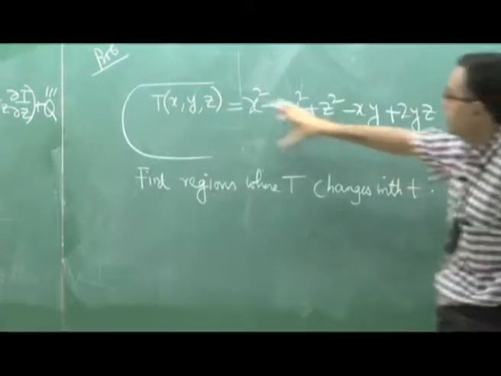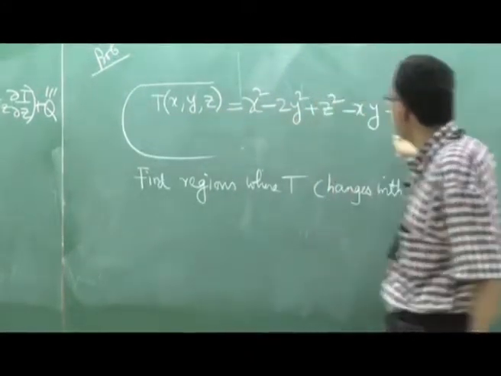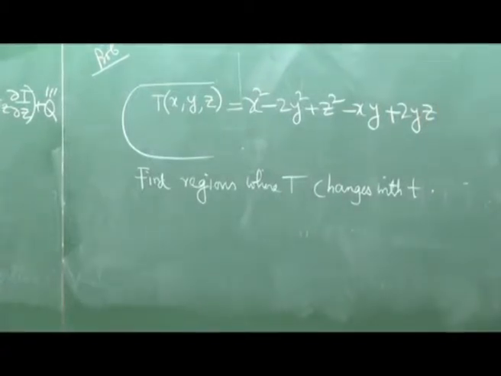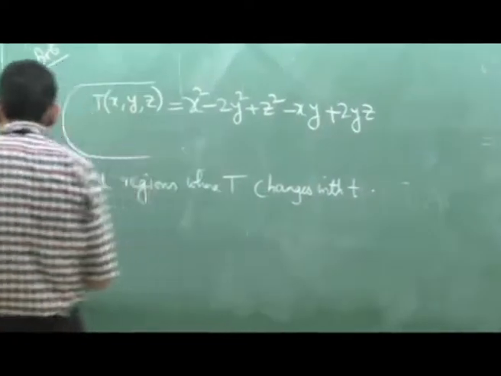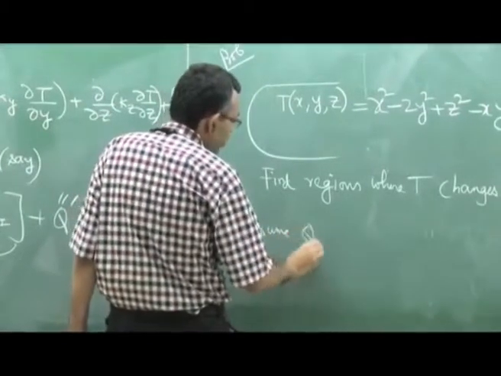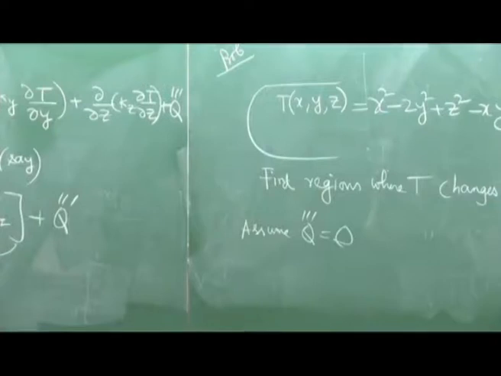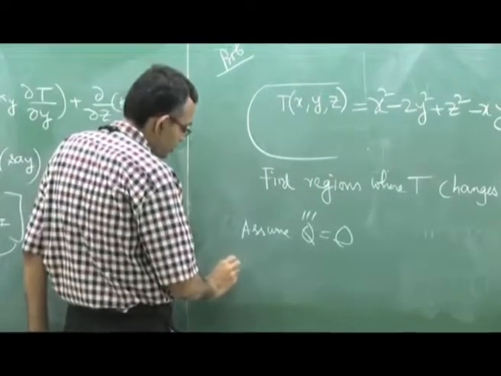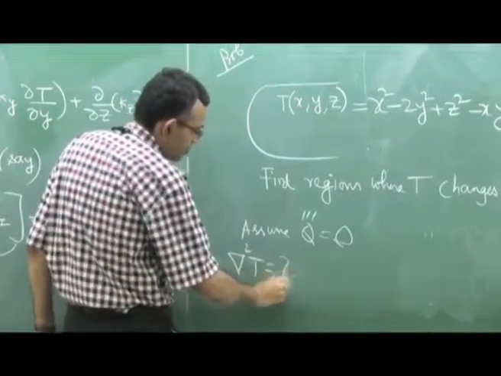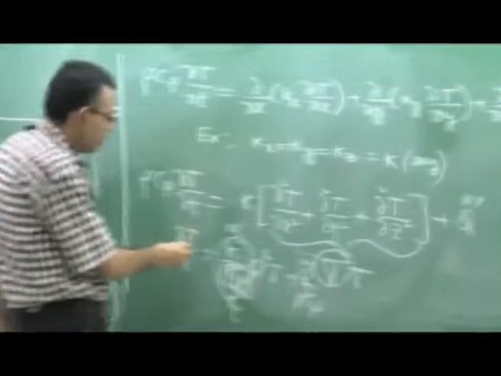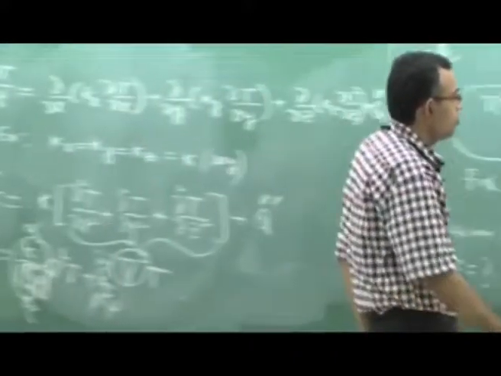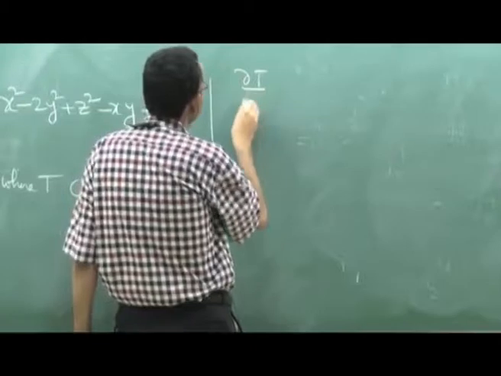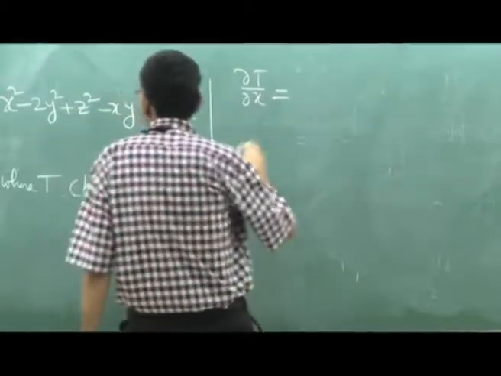There is an infinite body in which the temperature is given as a function of x, y, z. Find the regions where temperature changes with time. We will assume that there is no heat generation. So let us calculate del square T, because temperature dependence on time is governed by this equation. If we calculate the right hand side, we can get the left hand side. The first derivative, let us